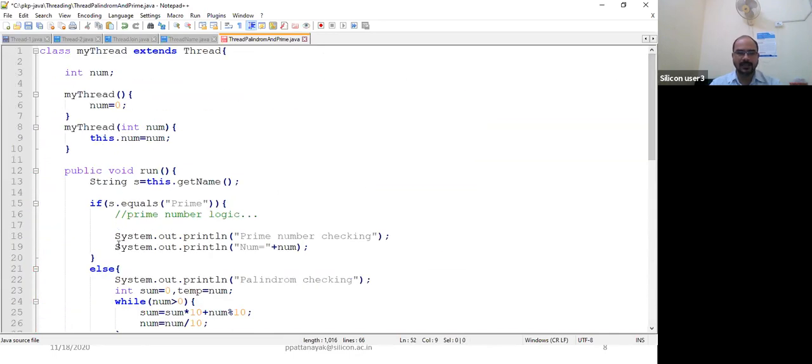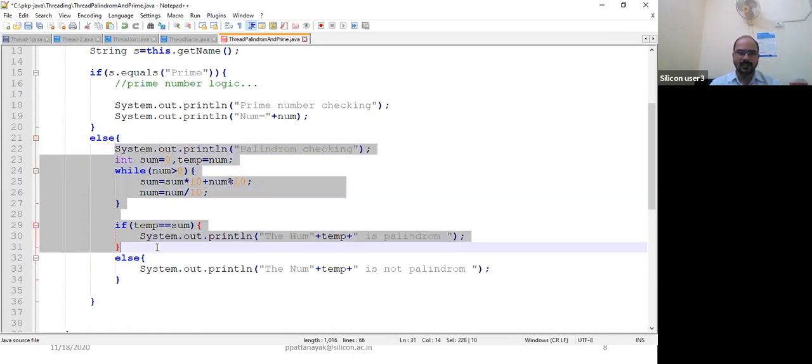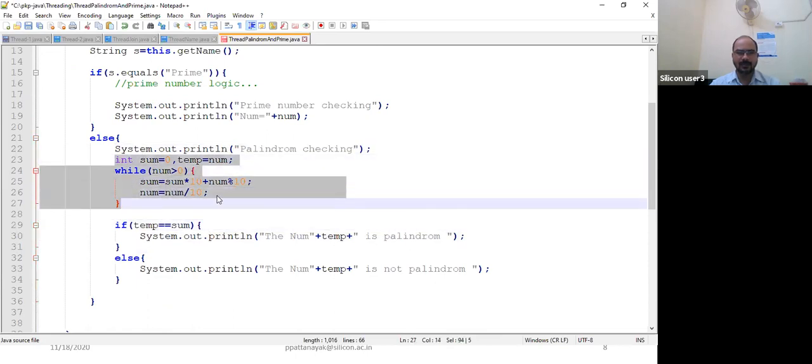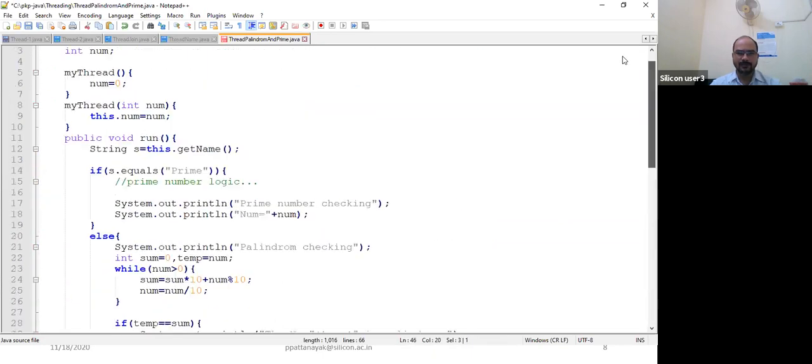Or you can check if s.equals palindrome, you do this. As I have only two threads, I put it in the else condition. In the else, write the logic to check whether it is palindrome or not. I hope everybody knows the logic: if you reverse it, it should be the same. Here 1 to 1 is the input, and it should be palindrome.